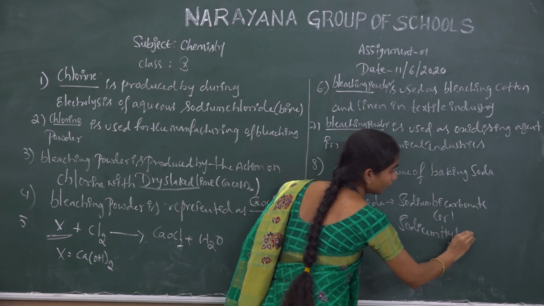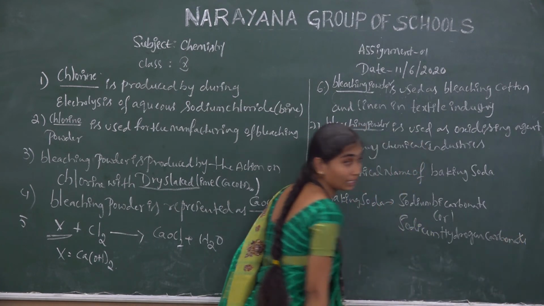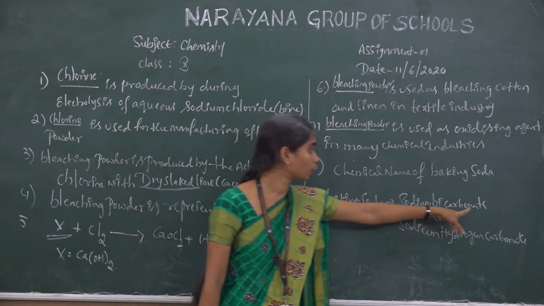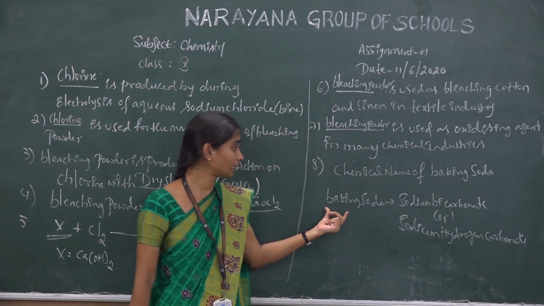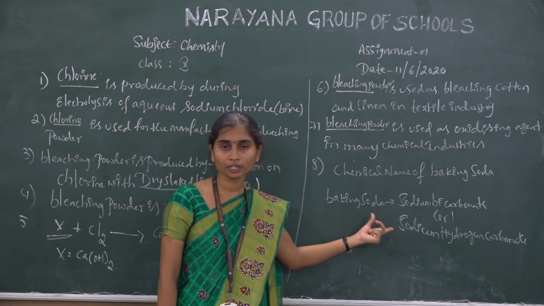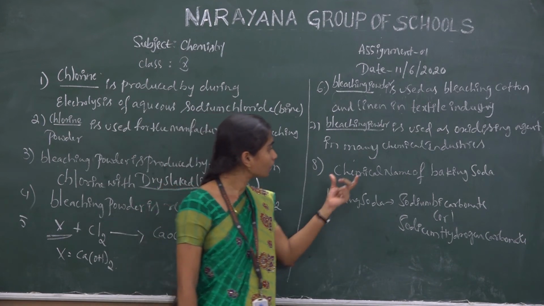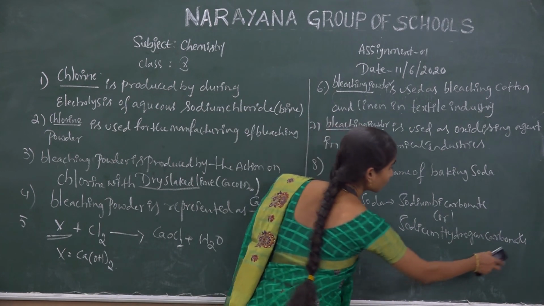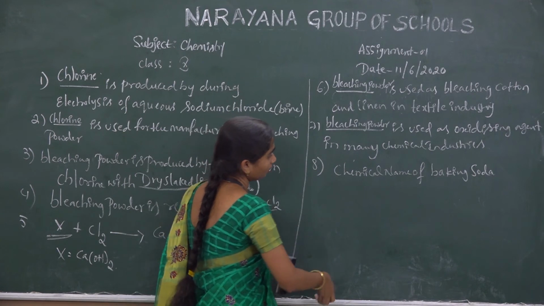Sodium hydrogen carbonate, or we can say sodium bicarbonate. Clear? So, baking soda, chemically what do we call it? Sodium bicarbonate and sodium hydrogen carbonate. Or we can also say that baking soda is also known as bread soda, bicarbonate of soda, sodium bicarb, or simply bicarb. So here they are asking the chemical name of baking soda. So what is the chemical name of baking soda, children? Sodium bicarbonate. So let us write the answer.